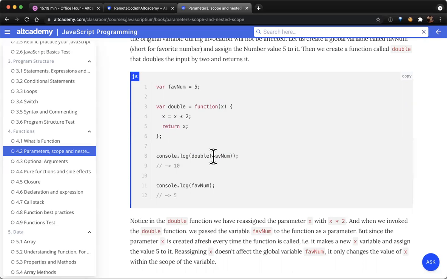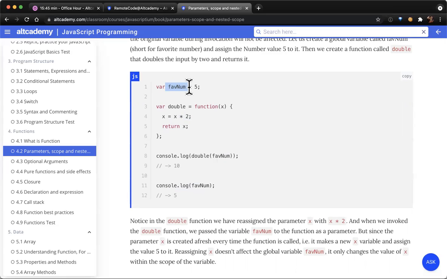So x is supposed to be faith num, okay? But what actually happened is that because this x is within the scope of double, when we give it a new value, so we reassign a new value to x, it doesn't actually change the faith num variable on the outer scope.